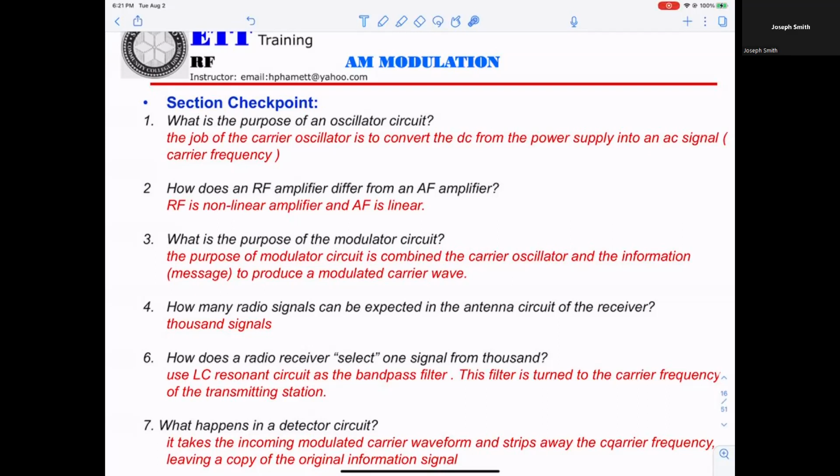You don't want all of them, you want one station. So you have to tune in, and the way you tune in is to use resonance. I understand, I agree with that. However, right now, I want to ask